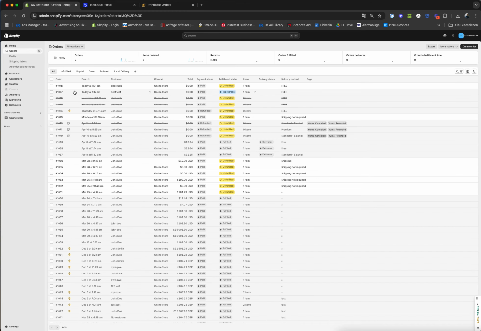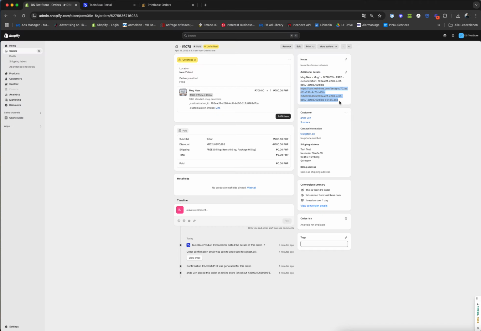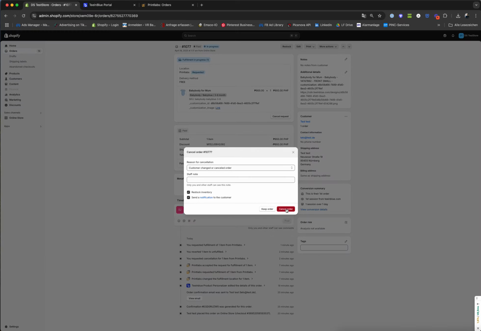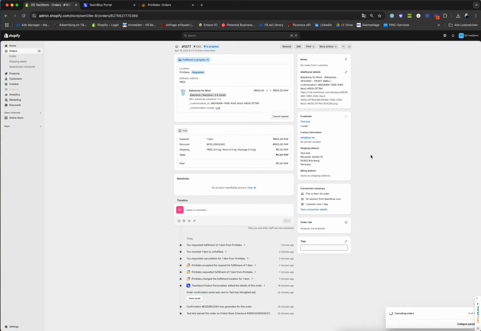Now let's check on this order. You see the mug has generated the print file that we have created in our test, and this will soon get pulled into the app. Because we don't want to produce this item, right, let's go to cancel this order because we don't want to produce it. Cancel order, and then it takes another like 10-15 minutes till it gets also cancelled here, and then it's wiped out here. Okay,